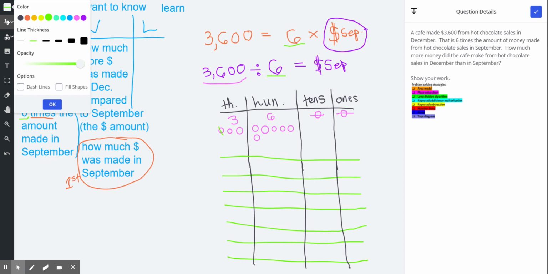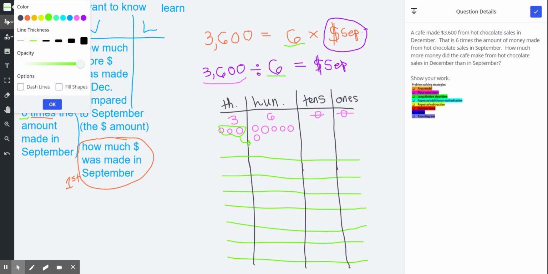Now I notice I've got 3 in my thousands place, which means I don't have enough, because I need to make 6 groups. I need to have at least 6. Otherwise, I can't do it, right? I don't have enough to share it fairly. If we're talking about $3,000, my brother gets $1,000, I don't get $1,000. That's not fair, right? So we've got to make sure that we are splitting it up equally, which means that